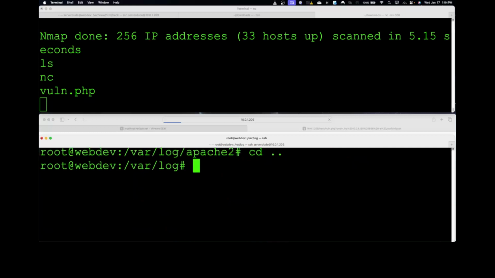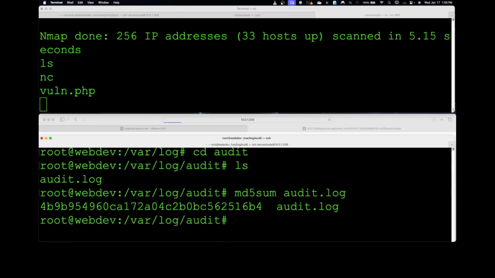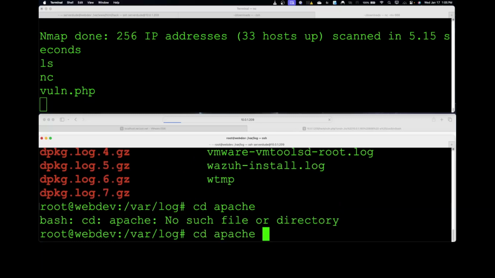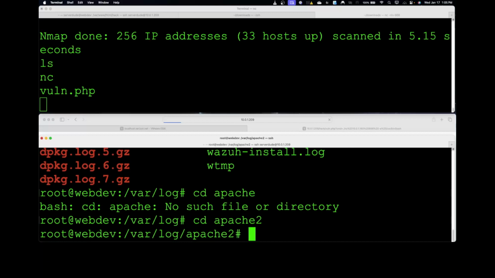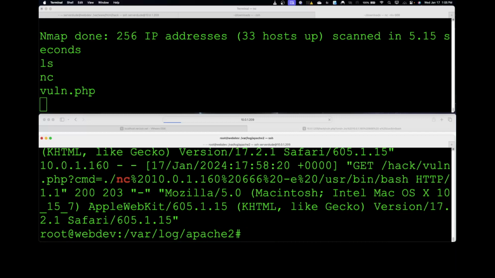The next thing that we're going to want to look through and do the same thing with is going to be the audit directory. And we're going to want to do an MD5 sum on this, get a picture of that, and then we'll take that audit log out. We could see and use the access log in Apache to look at commands that were executed using grep. And then you'll see netcat